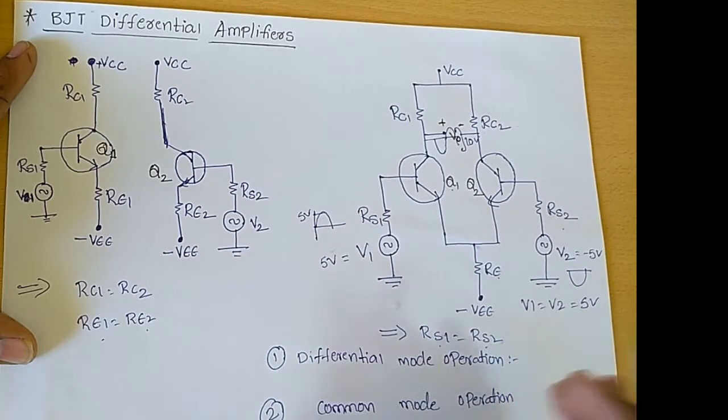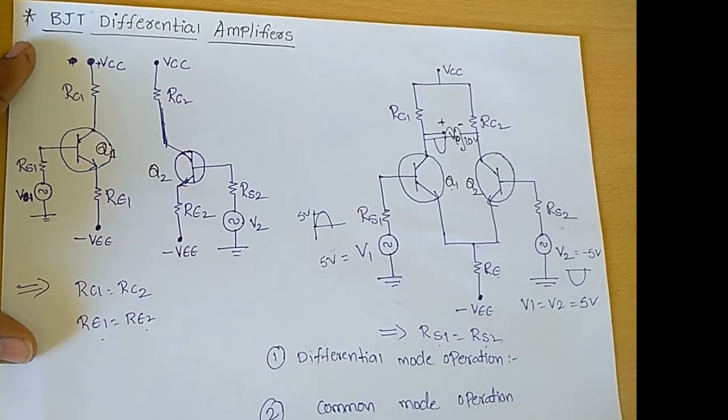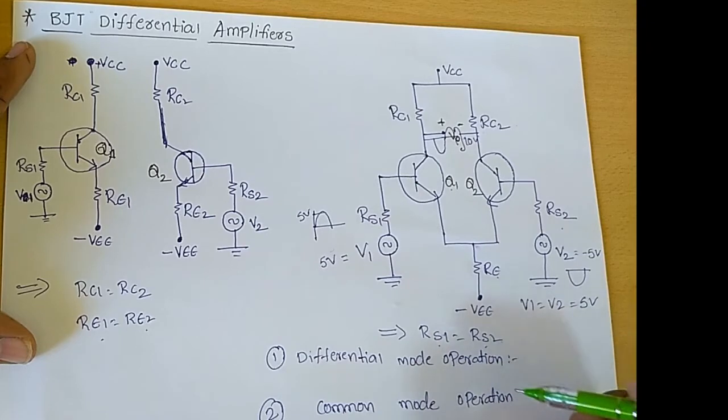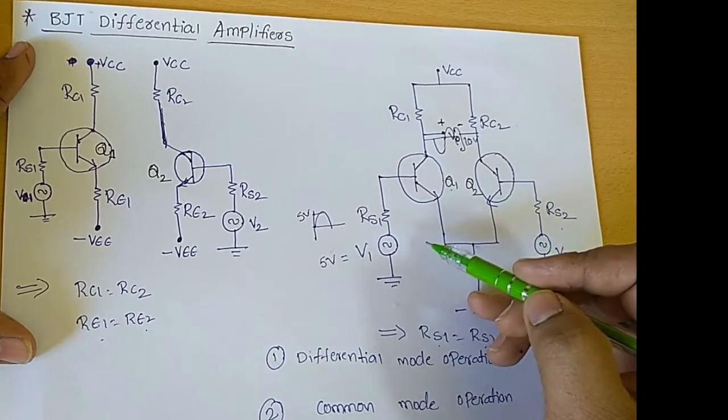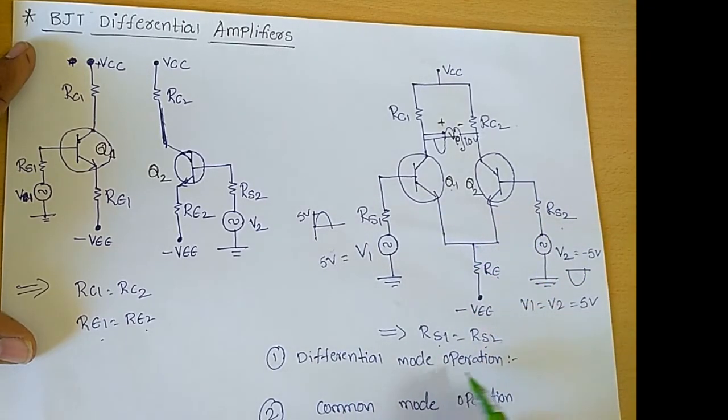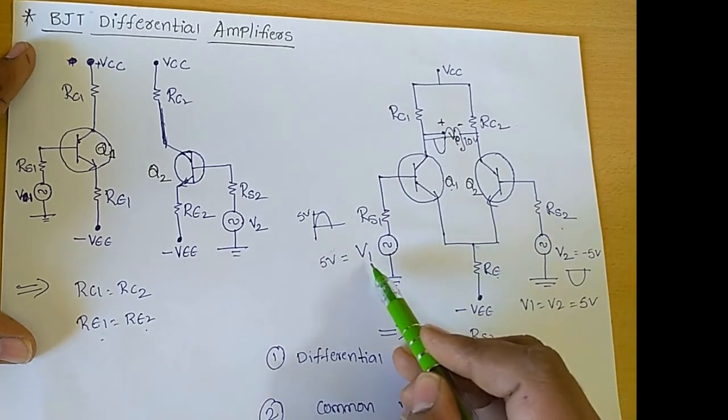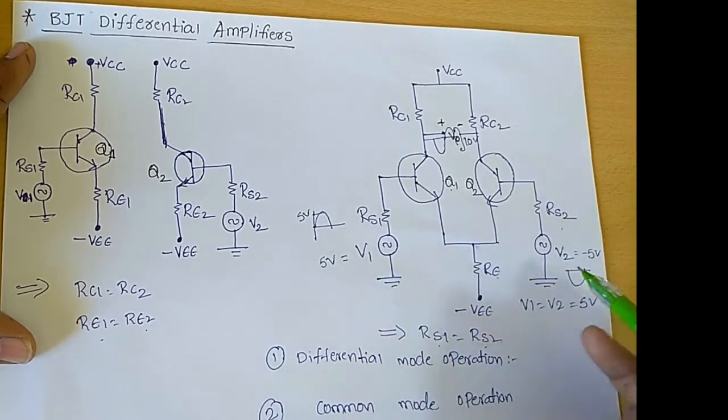These two source resistances are equal, RS1 equal to RS2. Now we need to understand the working of the differential amplifier. A differential amplifier operates in two modes: the differential mode operation and the common mode operation. The first one is the differential mode operation, in which we give different input voltages to the amplifier. For example, here we consider V1 equal to 5 volts and V2 equal to